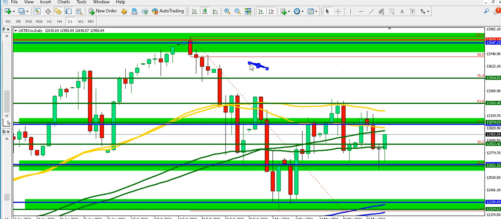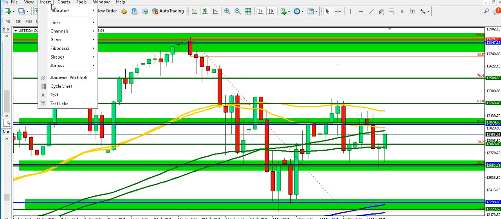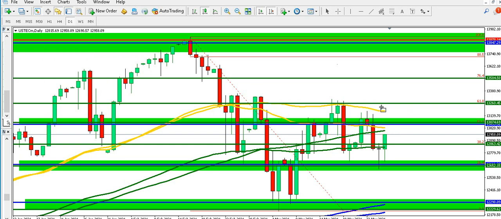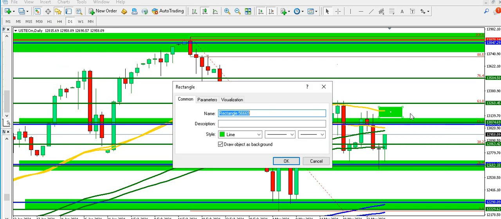Trying to draw the ellipse. Oh, let me just use another shape. If you're not gonna work, let me use this. So this, change the shape to,